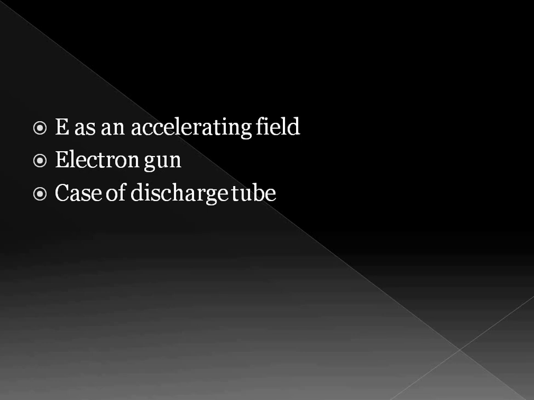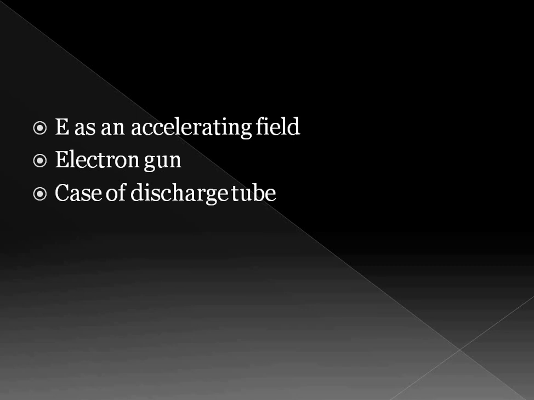See, when it is returning back to the ground state, it means it was in a higher energy level. So when it is coming back to the lower energy level, it will emit some energy. So here the particle is emitting energy in the form of light when it is coming back to the ground state. That is what we are seeing in the discharge tube, or how in that way it is working.